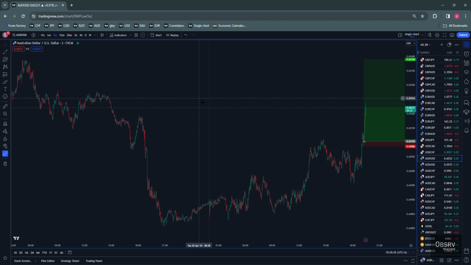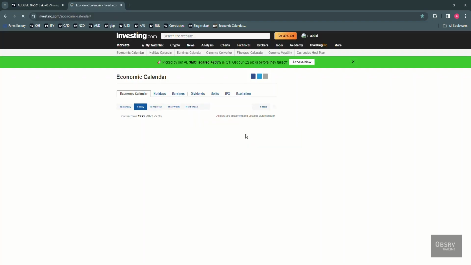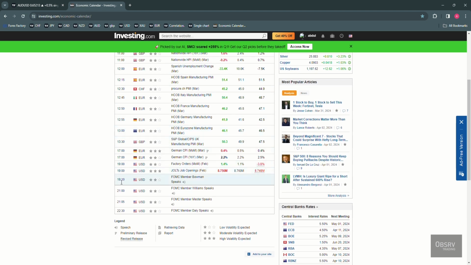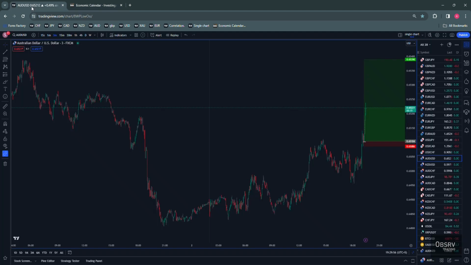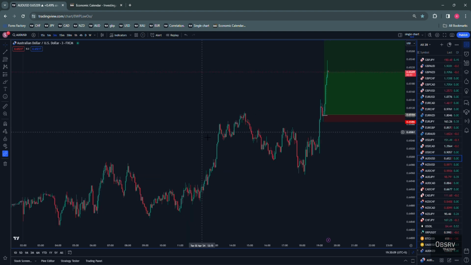So let's go through the economic calendar first, and I'll show you guys what I'm talking about. This is 7 o'clock my time. You can see it right here, 7 o'clock my time. JOLTs Job Openings came out pretty weak, but that does not concern me because before that, exactly the same time, there was factory orders too that came out pretty strong. What matters to me is what the news does, the direction that the news event takes, right?